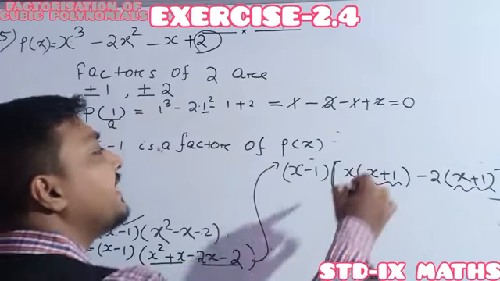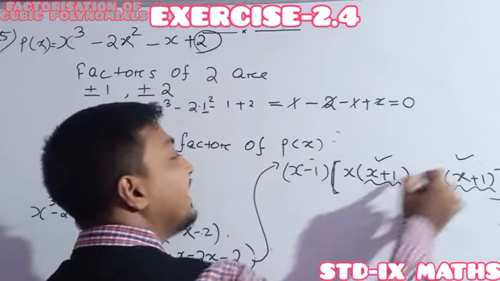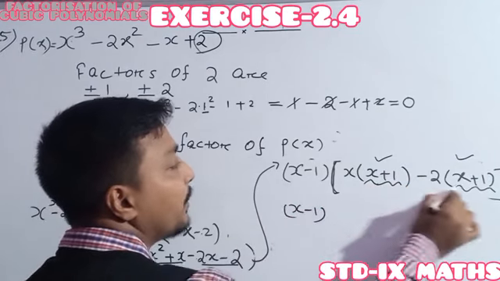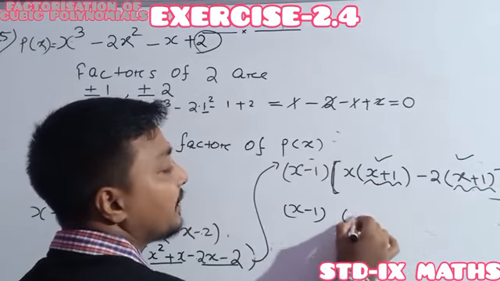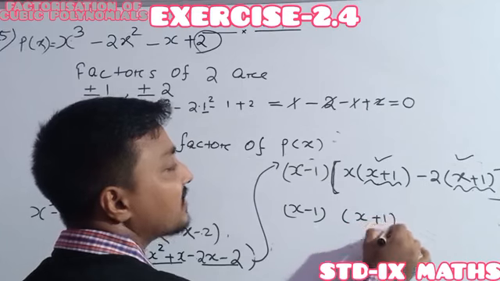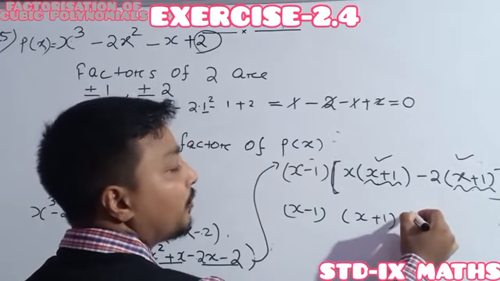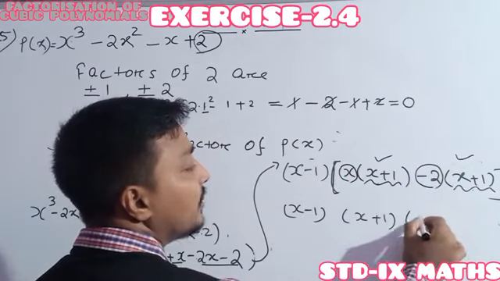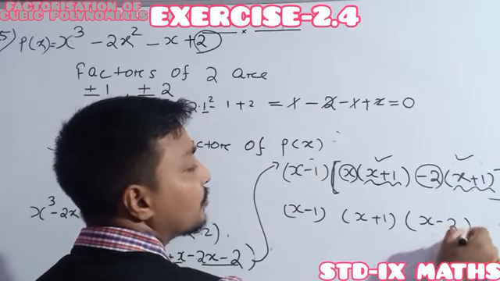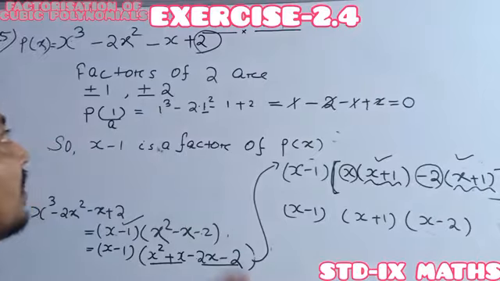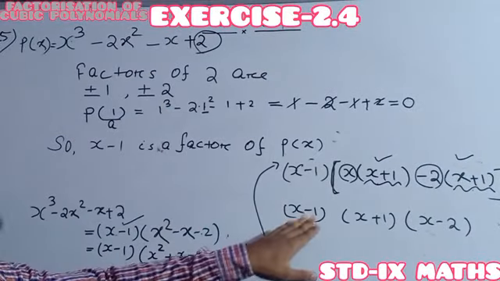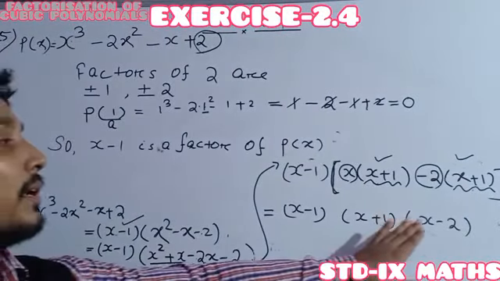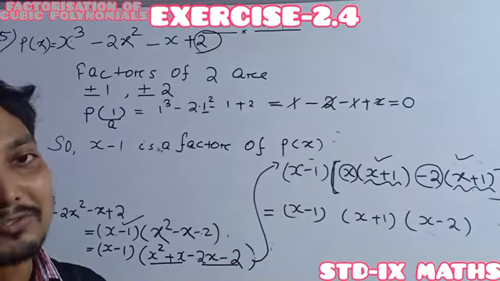Okay. So this quadratic polynomial having the 4 terms has been reduced to 2 terms, and in the 2 terms, one of the binomial is common. See, this binomial is common. It means x plus 1 is the common between the two. So the non-common one is x, here it is minus 2. So the factorization of the polynomial p(x) is now x minus 1, then after x plus 1, whole into x minus 2. Understood or not understood?